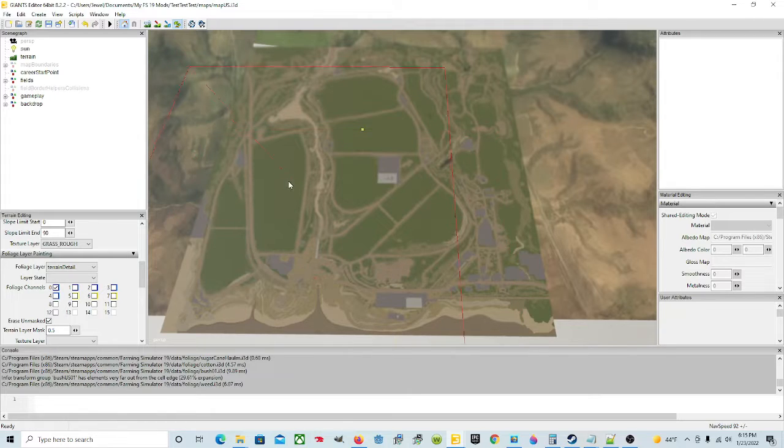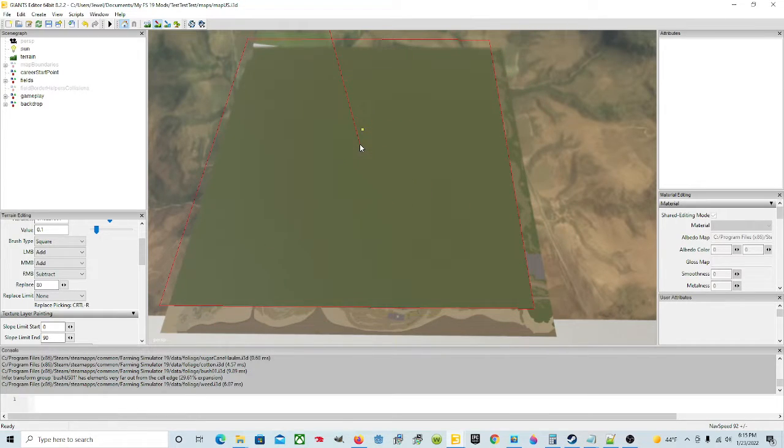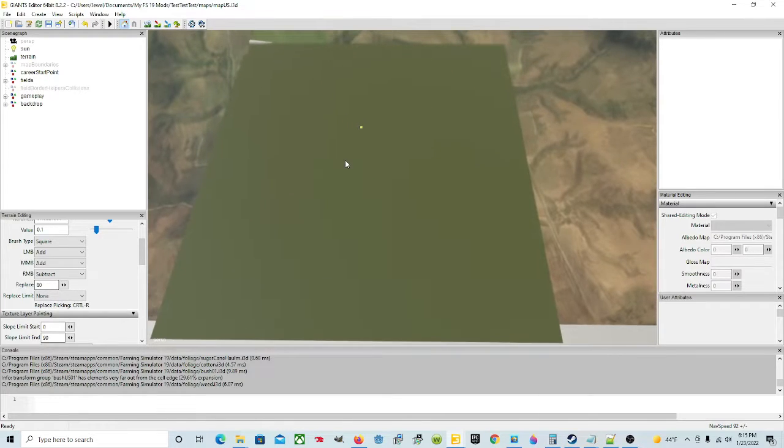Alright, now I've gotten all of it, so turn off the foliage layer or the paint mode, and now we need the grass. Okay, it's already on grass, so now we need to put it on add for the left mouse button, and then we'll click on the paint terrain detail texture paint mode, and then we're going to hover over it and left click, hover over it, left click, and now we have a completely flat map with